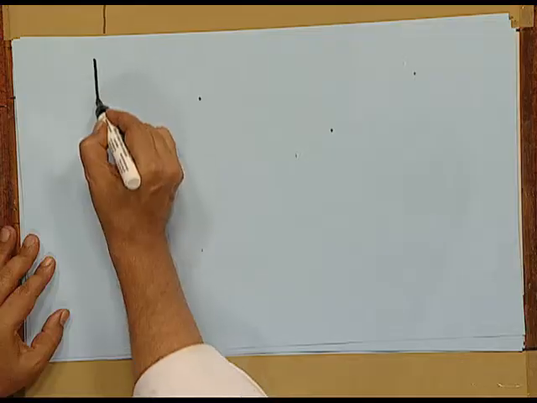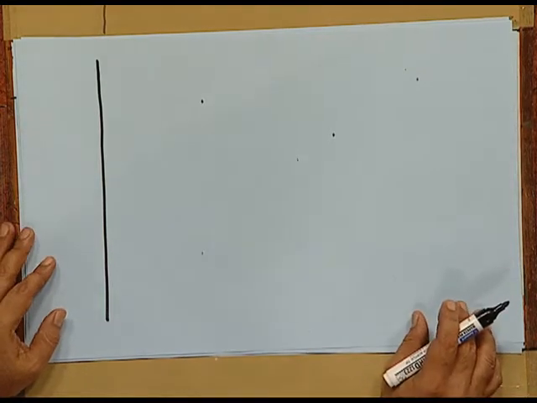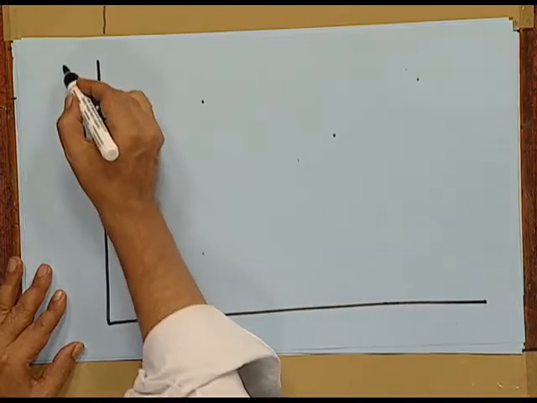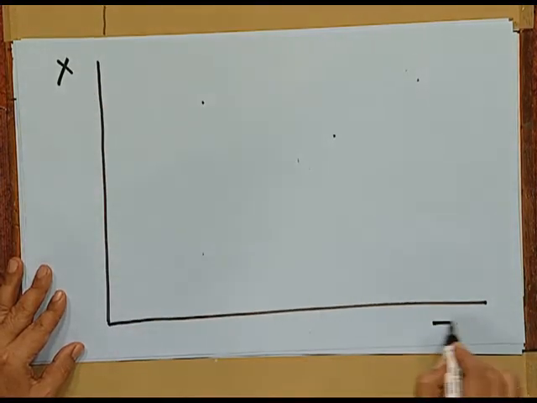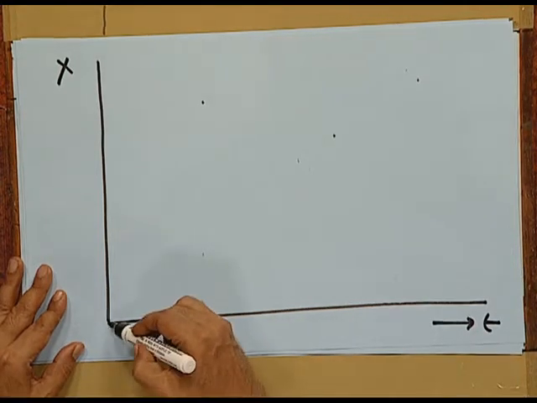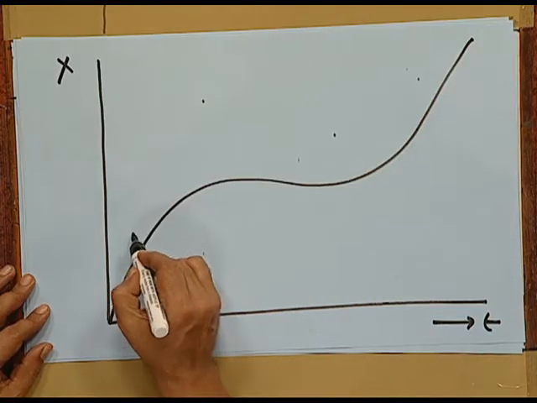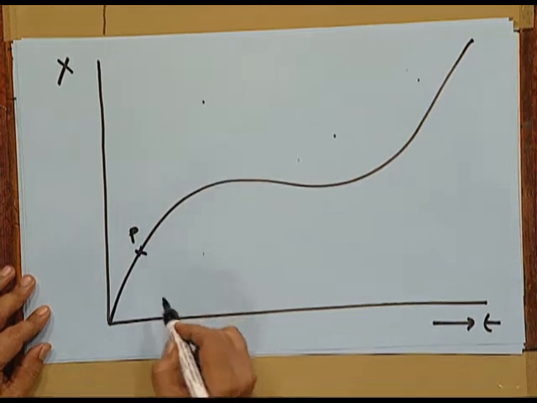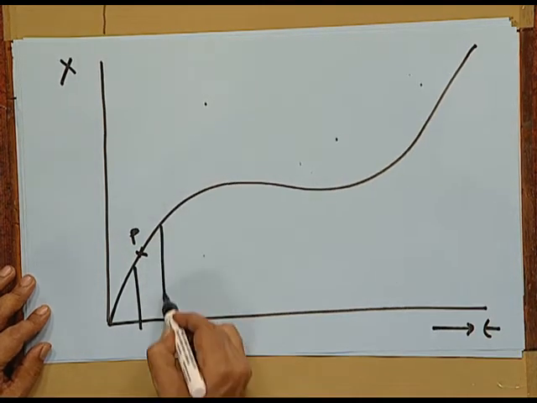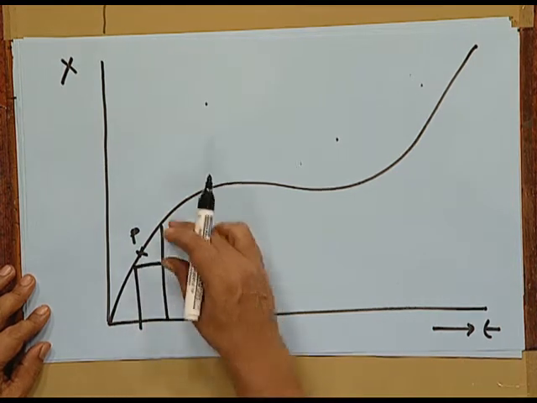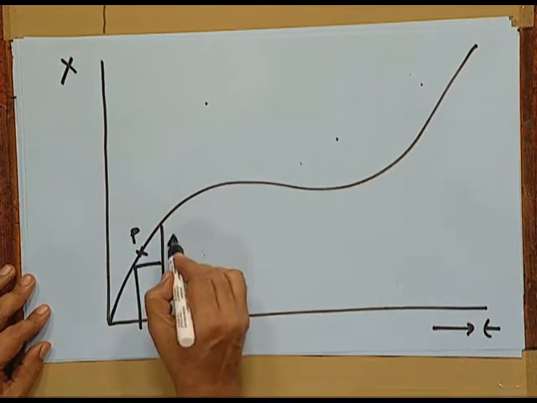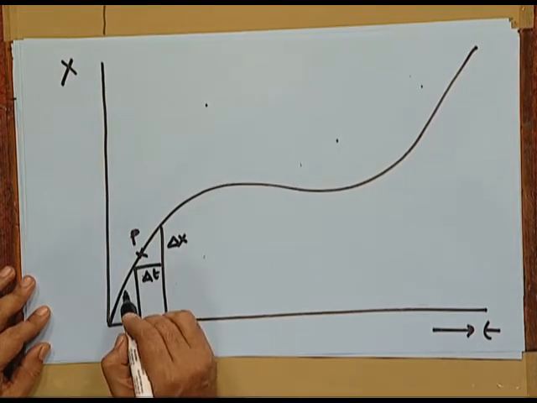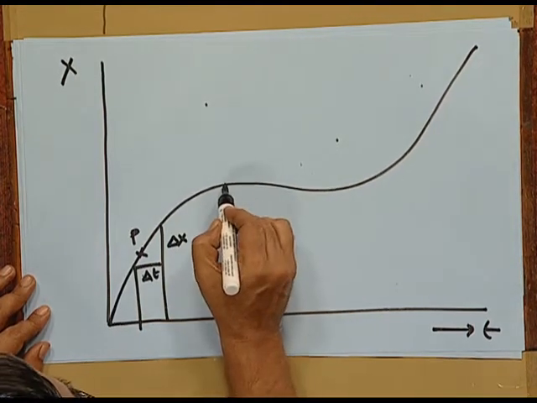Let us review what we have done in terms of how to analyze the motion, whether an object is moving at a constant velocity or a varying velocity. Let us look at this graph, position x versus time. If the graph has a variation like this, look at point P. In the interval around this, the slope, that is delta x by delta t, is positive.